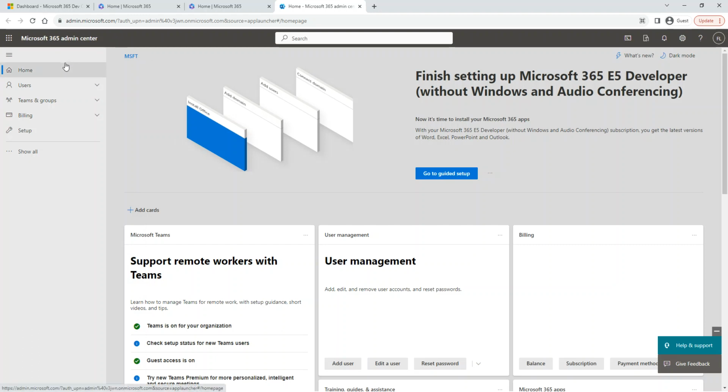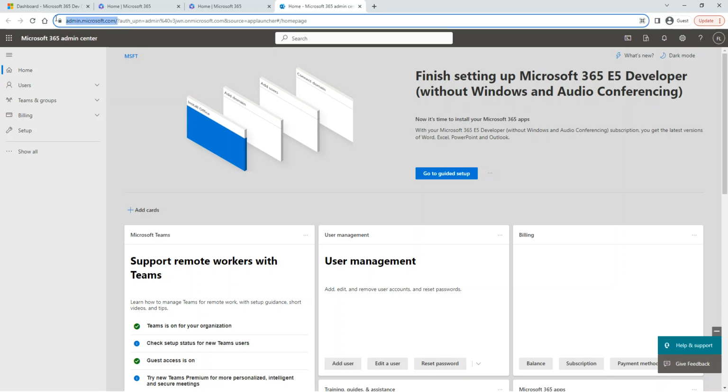You come here as an admin. Not every user has access to this. If you work in an organization as a SharePoint developer, I don't think you are going to have access to this anytime soon. But it's good to know, because you need to request services from the people who manage this, since whatever we do depends on the security settings or configuration they made in the admin center. It might affect us, and we have to understand what they did, and if we need to ask them to change it, we need to understand what needs to be changed.